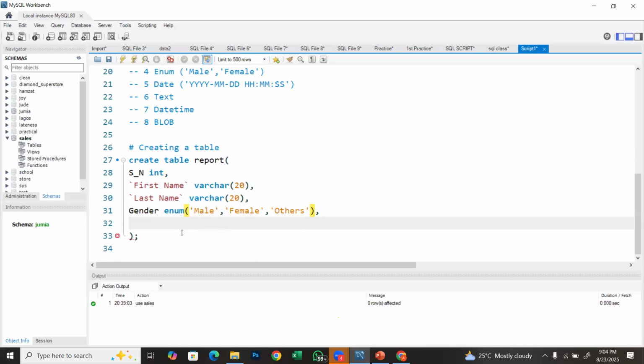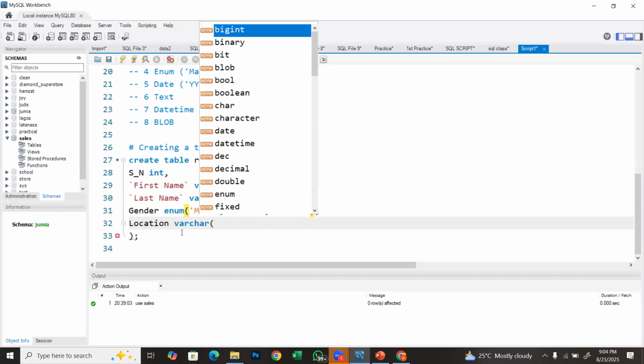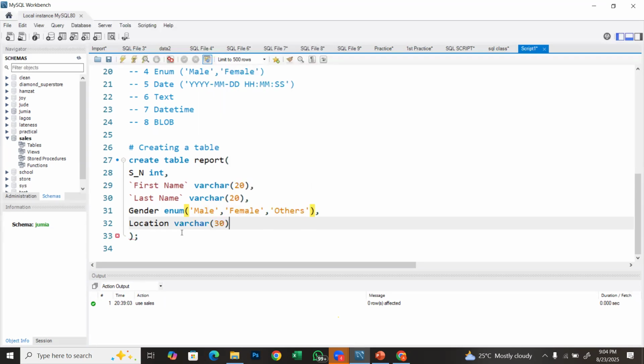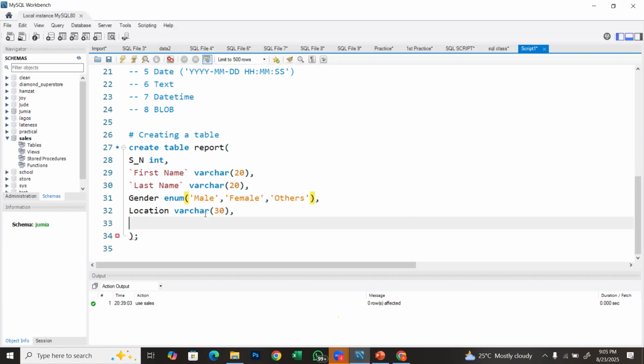what else can we have in a school report? Let's say we want to have the grade, or we want to have the location of the student. Location is going to be varchar, right? Variable character of location, let's say 30, right? After that, we want to have